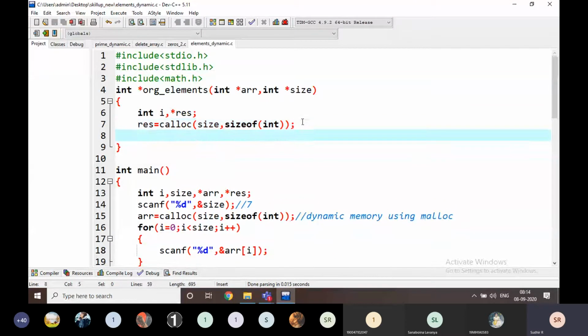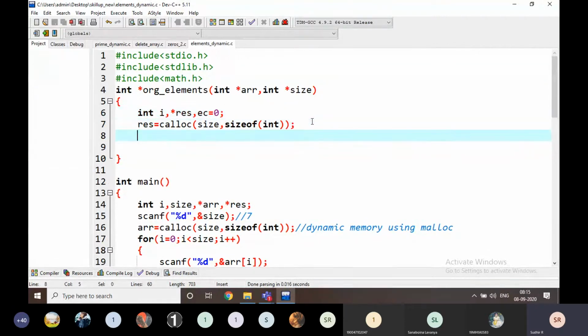I am going to allocate the memory of the result variable. And I am going to take one more variable, that is count, the original elements count. Element count is equal to 0. Okay, I am going to take element count is equal to 0.